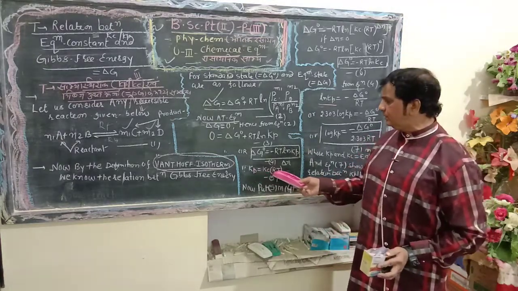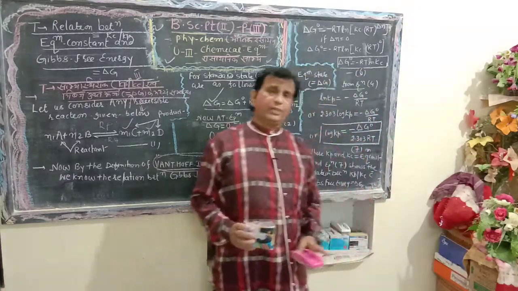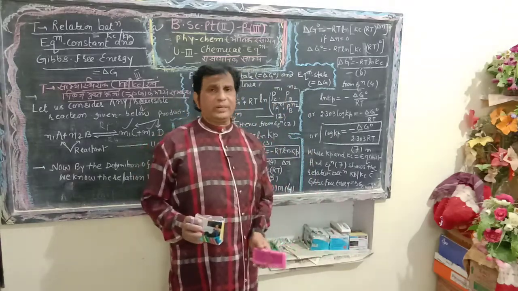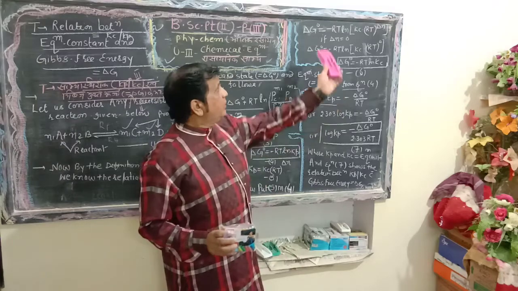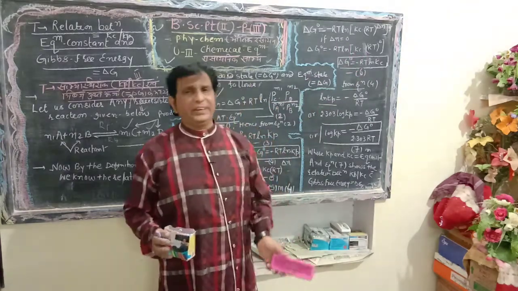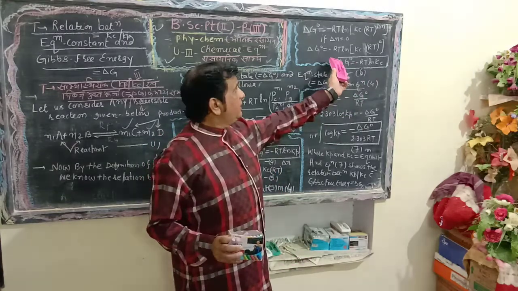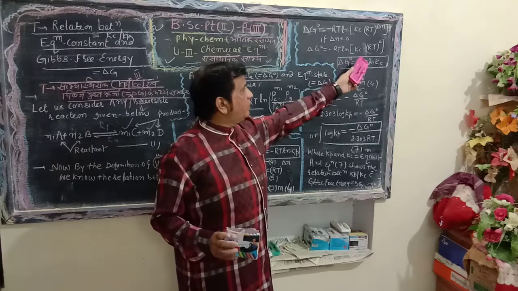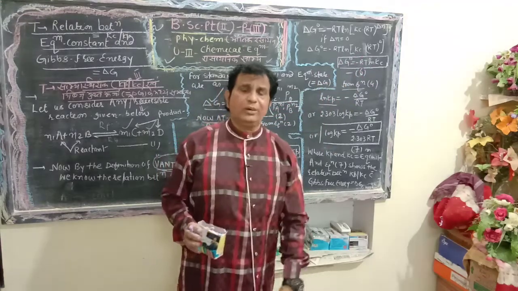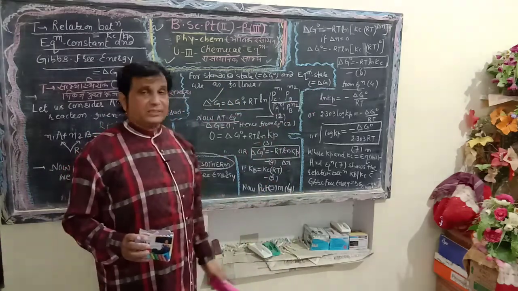Kp equals Kc (RT) to the power Δn. Δn we have studied, it is the difference of the number of moles of products and reactants. So if Δn equals 0, then (RT) to the power 0 is unity. So ΔG° equals minus RT ln Kc. Write down equation number 6. Equation number 4 and equation number 6